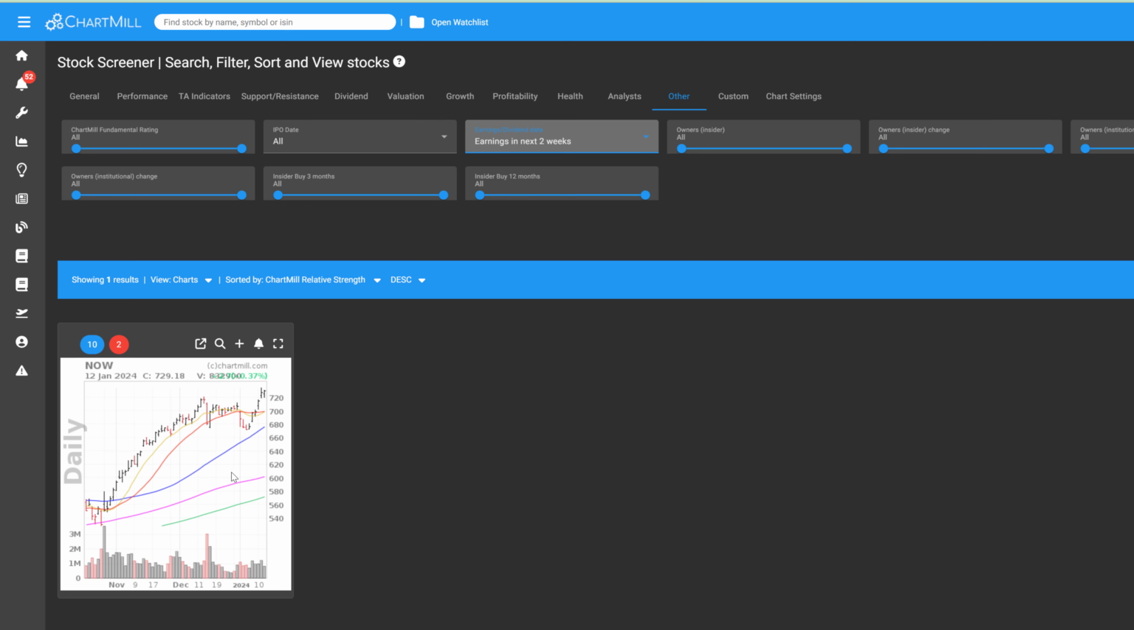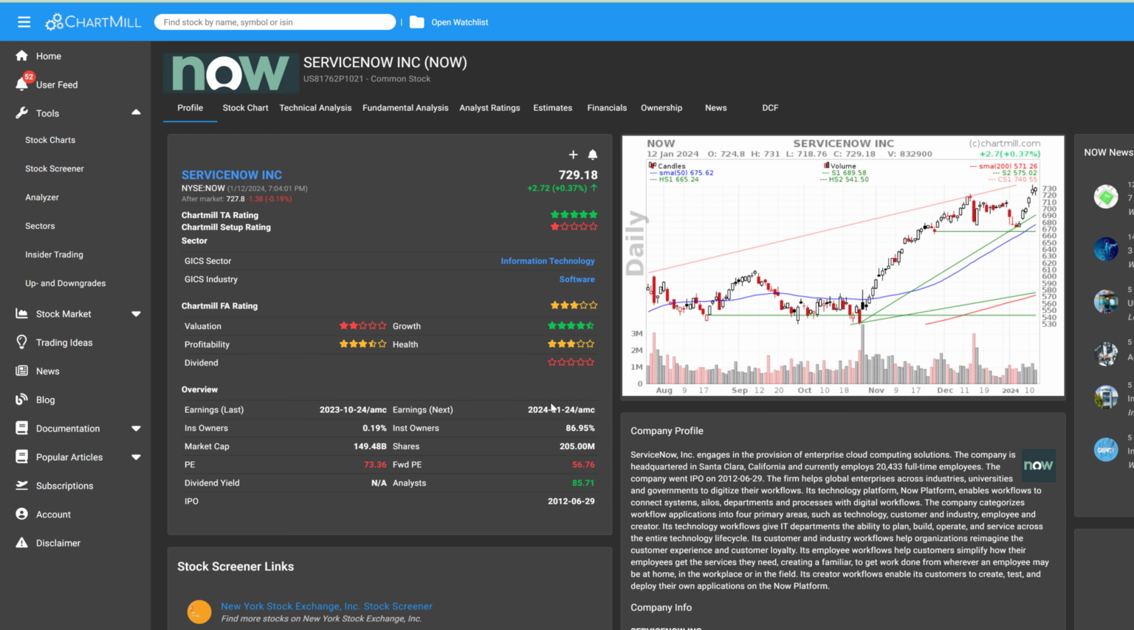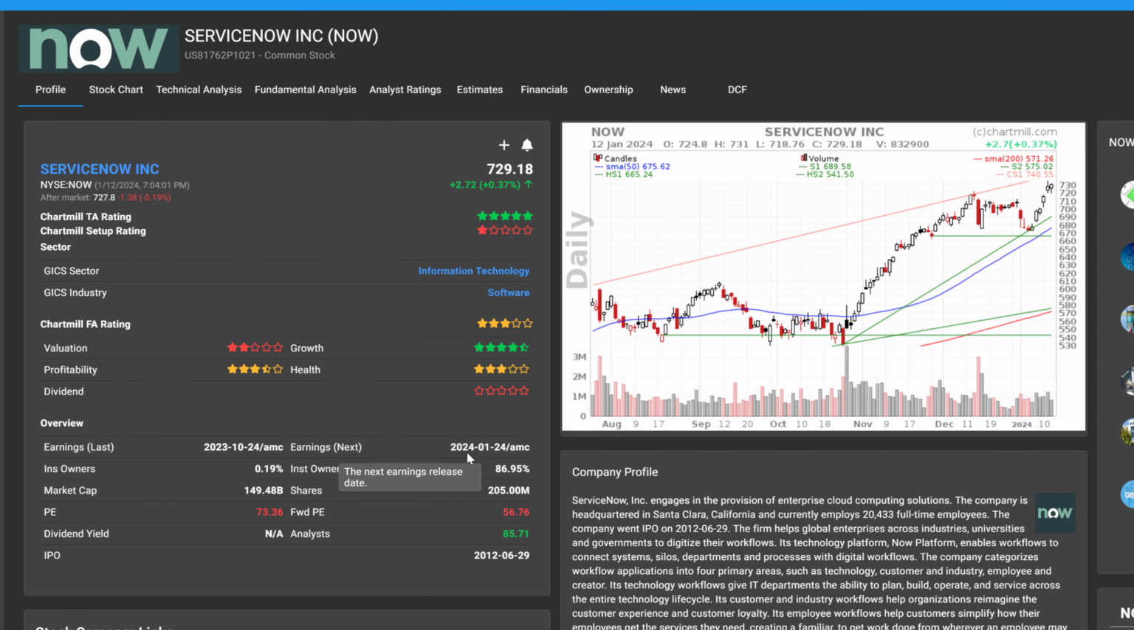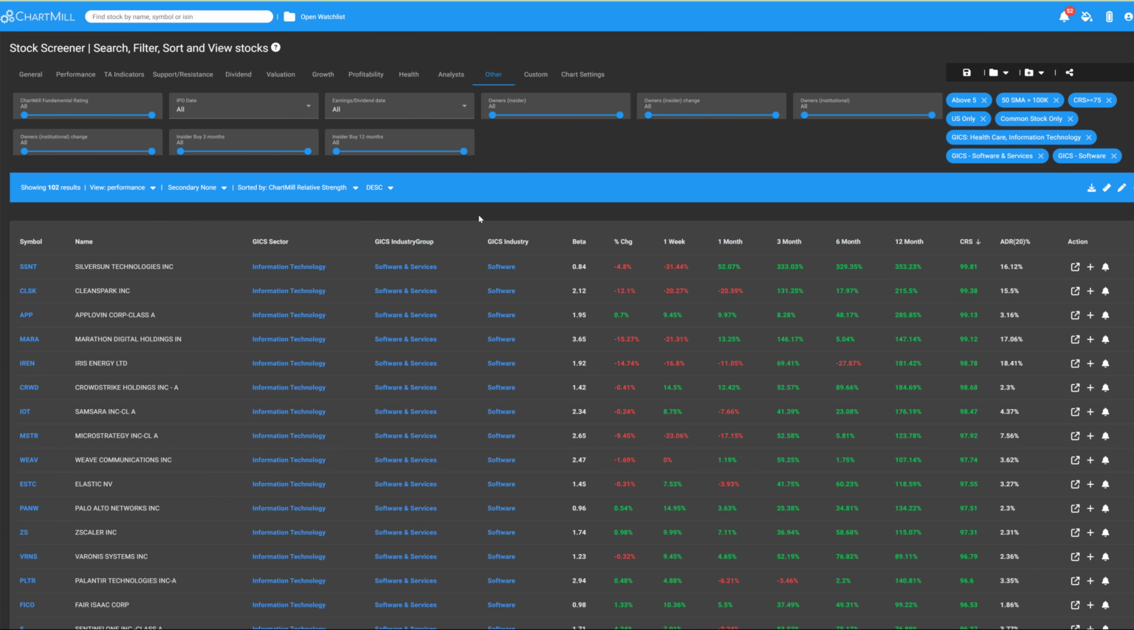More information can be found on the profile page of the stock, which can be consulted by clicking the profile icon, which opens the profile page of the stock in a new tab. For this stock, it says that the following earnings will be announced on January 24, after market close. Having a good understanding of the overall market situation and insight into which sectors and industries are leading